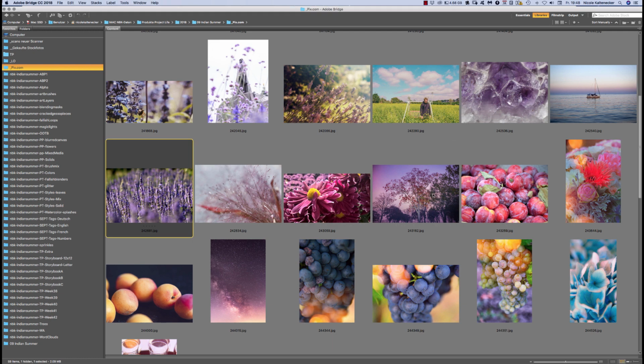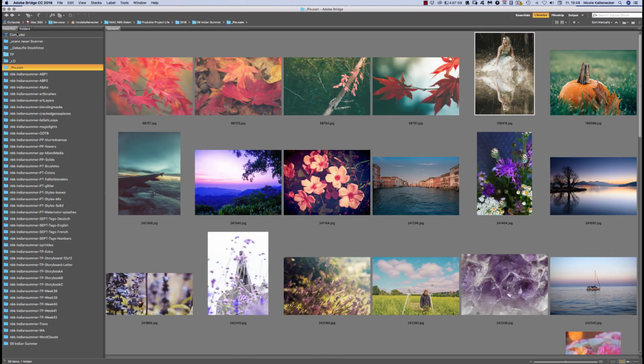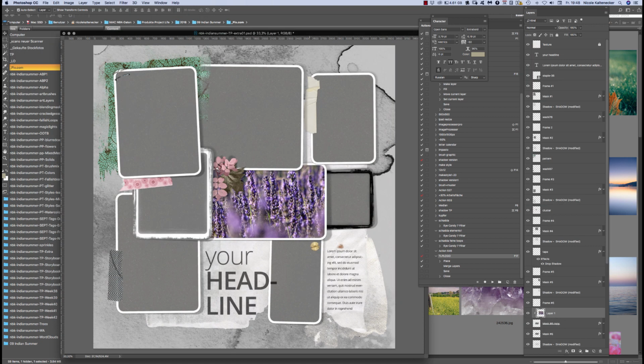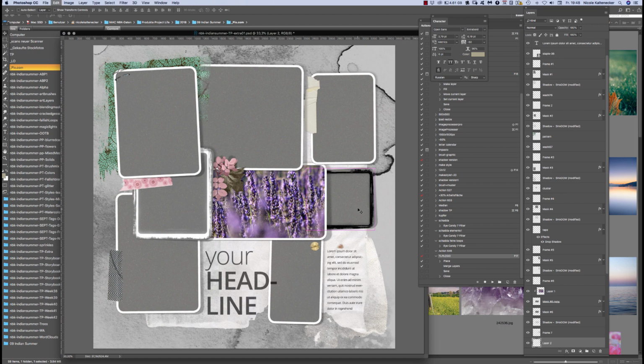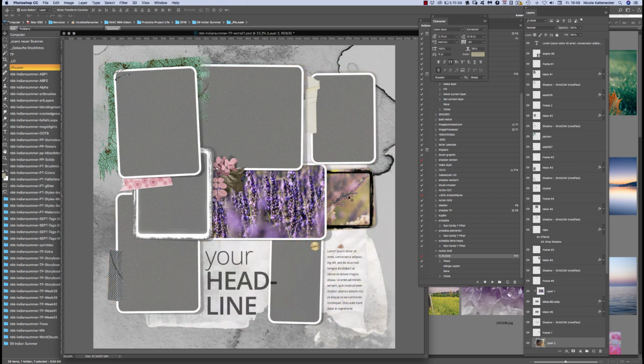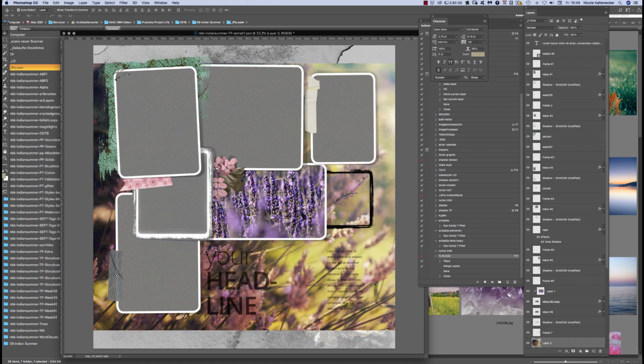Maybe now I'm going to pick that one. It's just my hard drive. Okay, we take that one, copy, and we use maybe that one. We paste that in, and I like to have this detail exactly how I just pasted in. You don't always need to size down your images, and maybe we can use exactly the same image a second time on the layout. So I'm going to place the same image again,